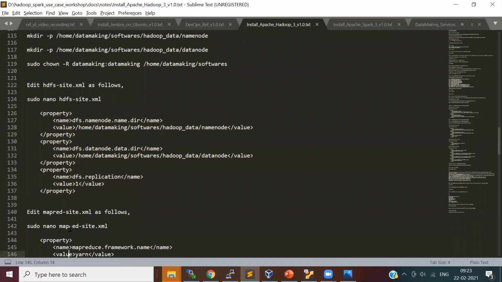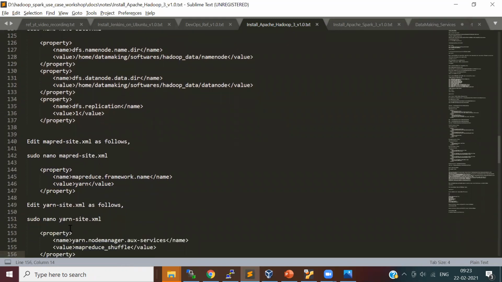Now, till Hadoop version 1, there was no usage of YARN. Once Hadoop 2 was introduced, we have to instruct the MapReduce framework to use YARN. For MapReduce, there is a separate file called mapred-site.xml. Now you have to go and instruct the framework to use YARN, so you have to modify this file.